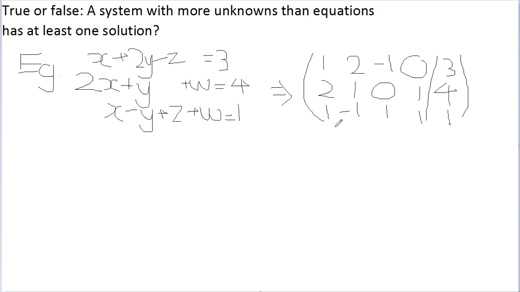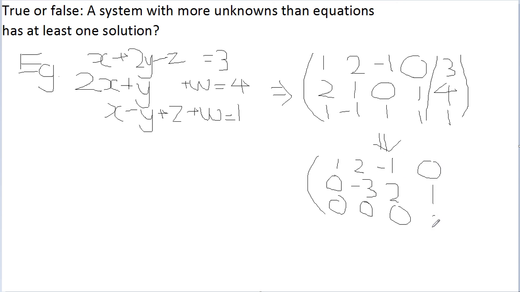And based on what we did earlier on, we managed to get it in this echelon form. So from here, we can already see that the system is already in echelon form. And based on this last row,